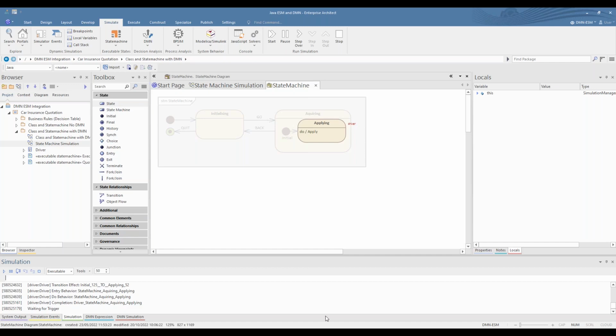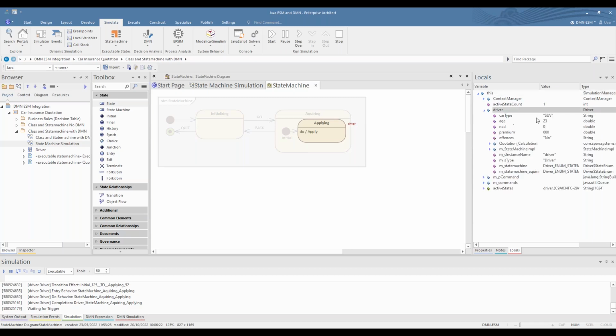Now, this is where it gets interesting. If I have a look at the local variables, I see a local variable called driver, the instance of my Java class. If I expand that, I see car type SUV, age 23, no claims discount 0, premium 600. Now you're saying, okay, prove that is the right answer.